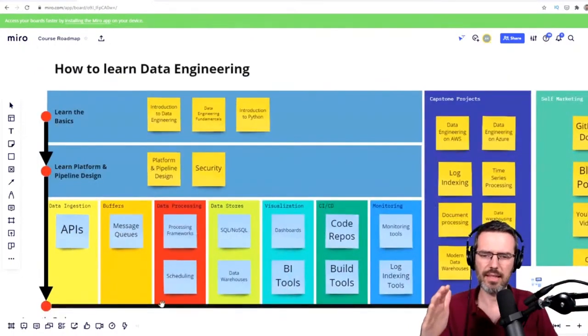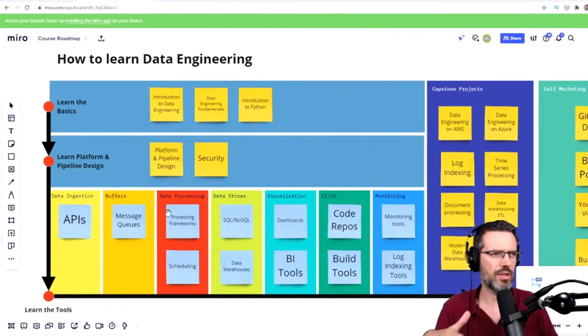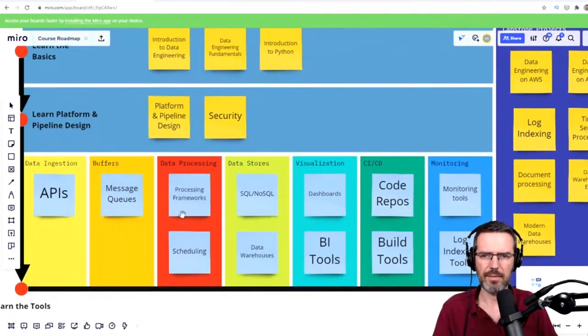And then I have what we've just talked about before: data ingestion with APIs, buffers with message queues, data processing or processing frameworks, and scheduling, data stores and data warehouses,